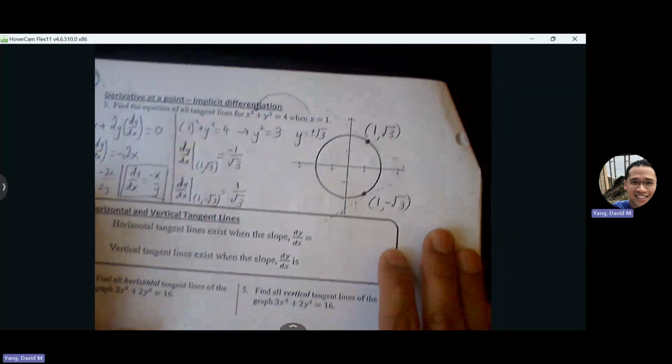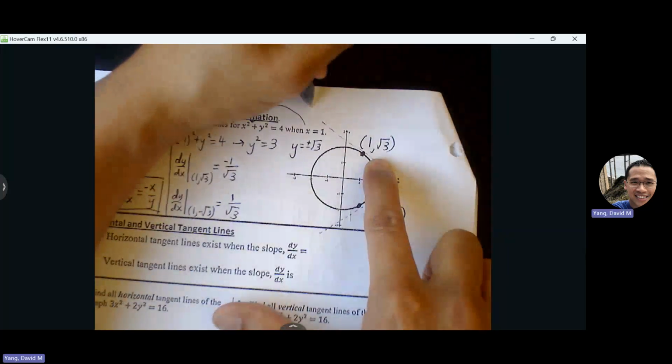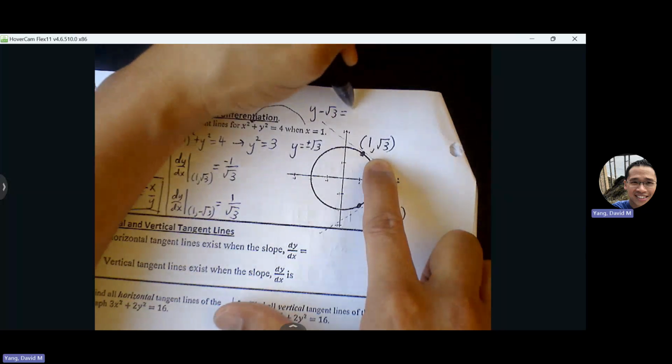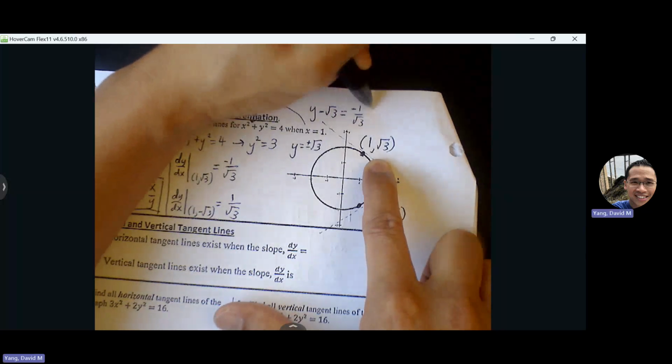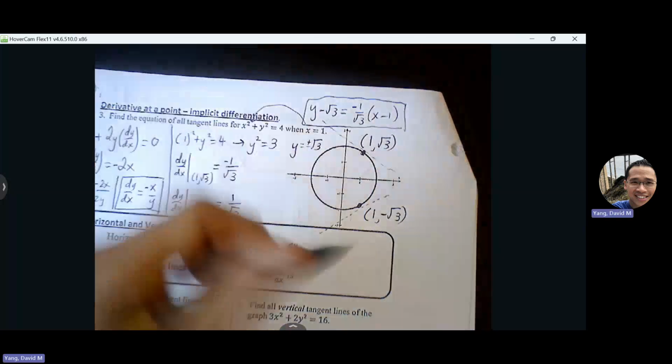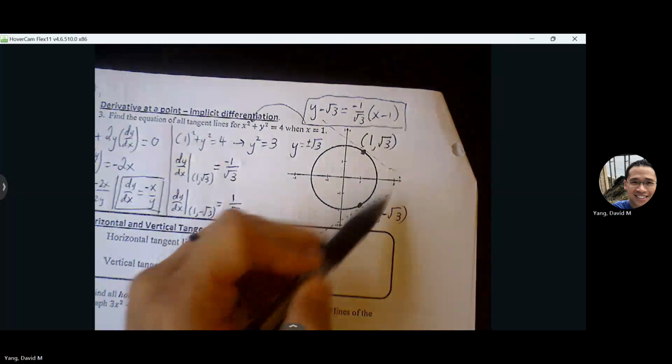So here are the two tangent lines. This one would be y minus root 3 equals negative 1 over root 3. That's one tangent line equation. The other one